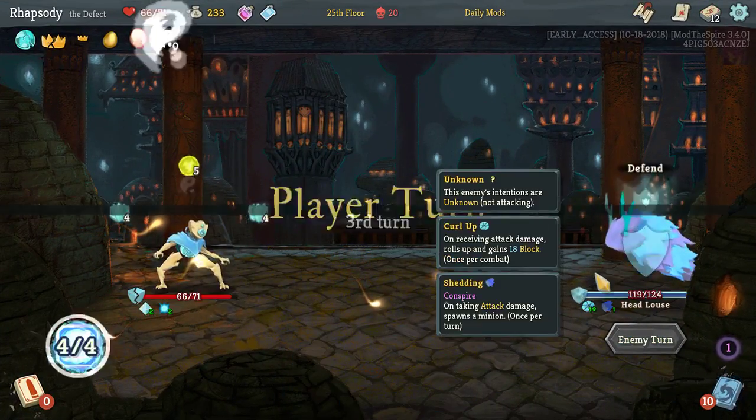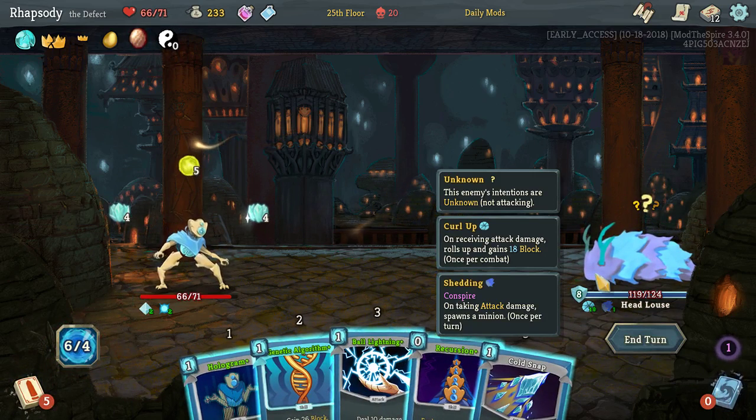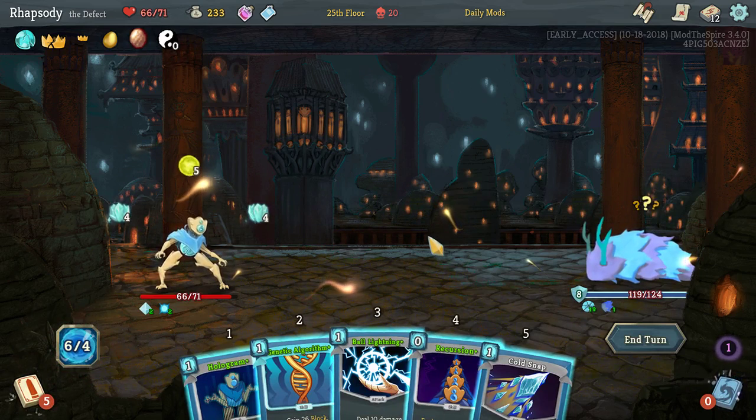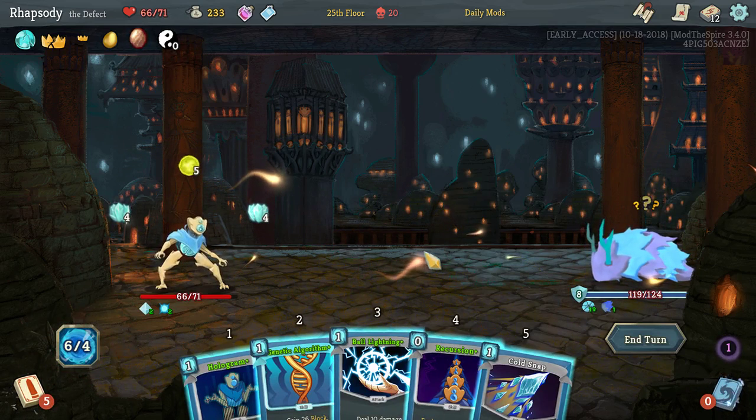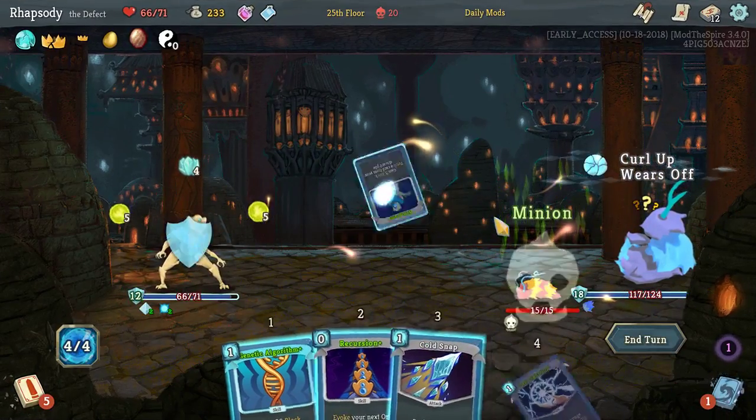Hey, all right. We actually managed to get everyone down there. On taking attack damage, spawns a minion once per turn. Okay, so if we are going to deal attack damage, we want to deal a lot. Yeah, we can do that this turn. All lightning...